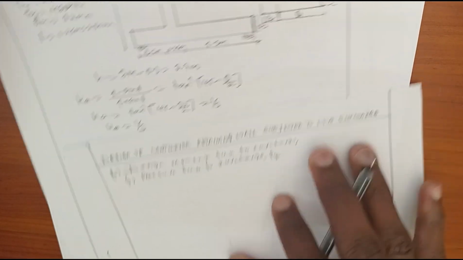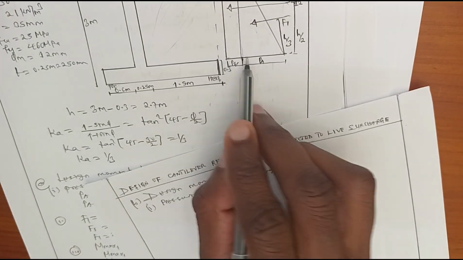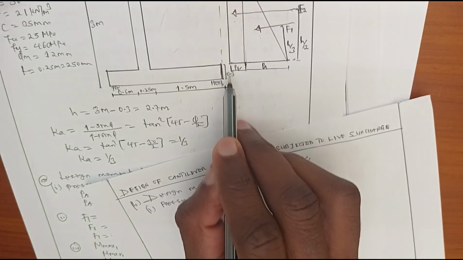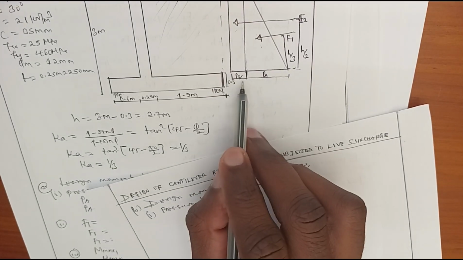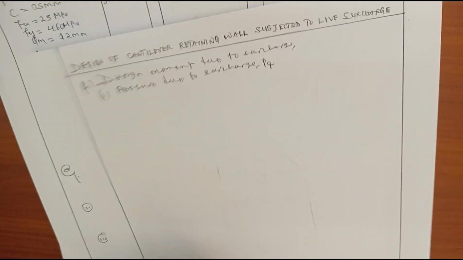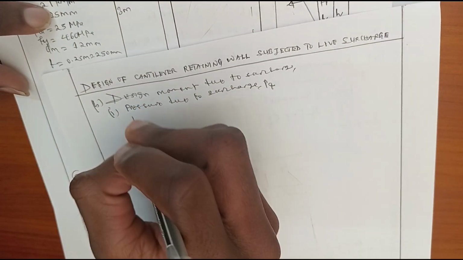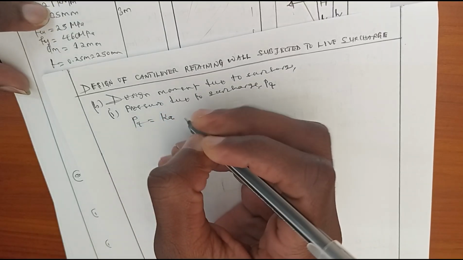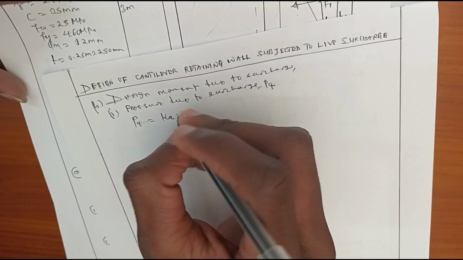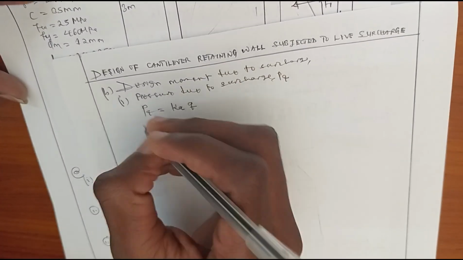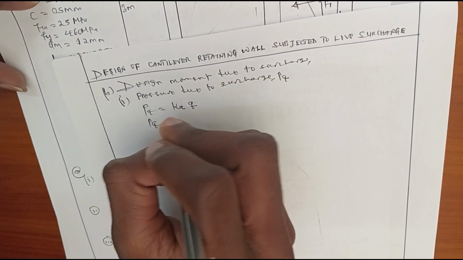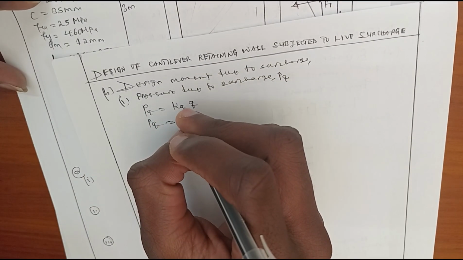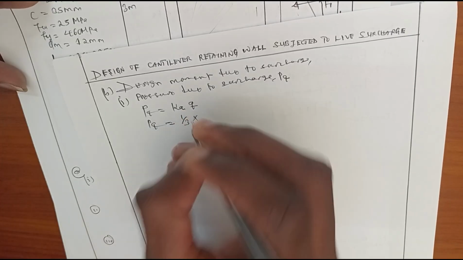Pressure due to surcharge is this one. The first step is determining this pressure due to surcharge. Now, this pressure due to surcharge is obtained by taking the coefficient of active pressure times the value of surcharge. Pressure due to surcharge will be equal to the coefficient of active pressure, which is 1 over 3, times the surcharge, which